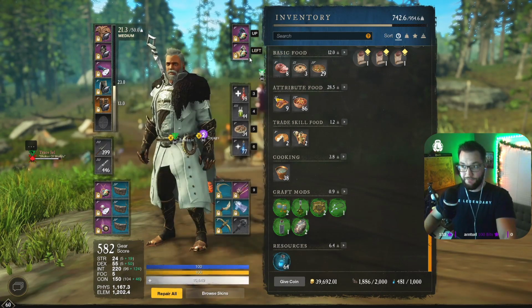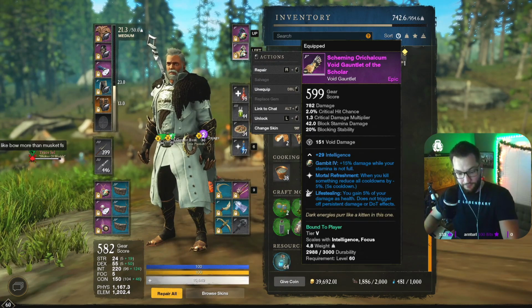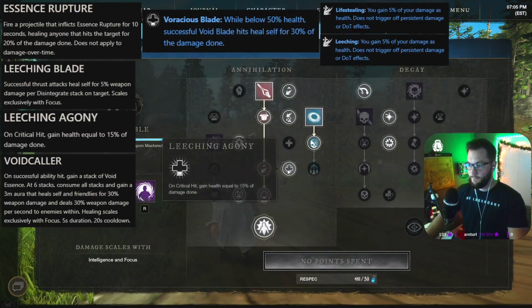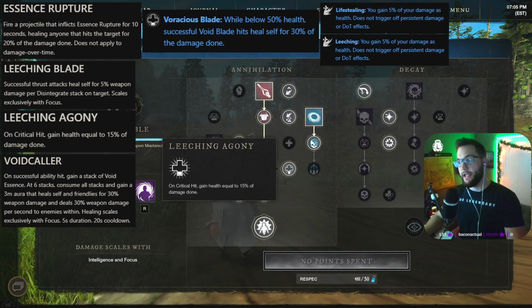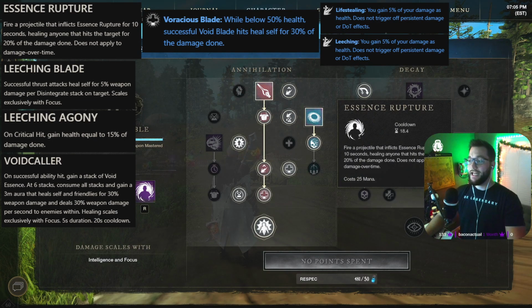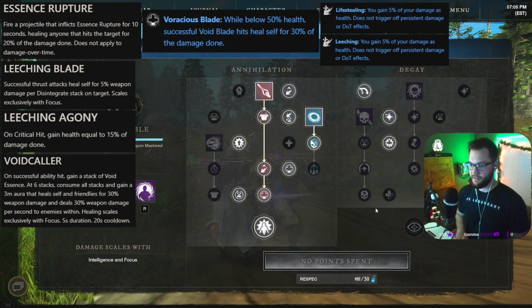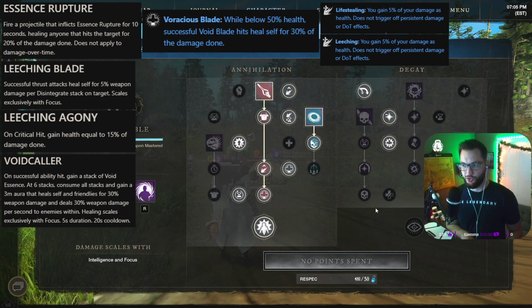You're getting 5% from the ring. You're getting 5% from your Void Gauntlet. You are getting 15% every time you crit. You are getting 20% if they're attached to Essence Rupture. You see where I'm going with this? There are so many things that are going to add up to make this thing just constantly feeding you damage back. It's crazy. I'm going to throw on screen a little bit of our dueling content as far as